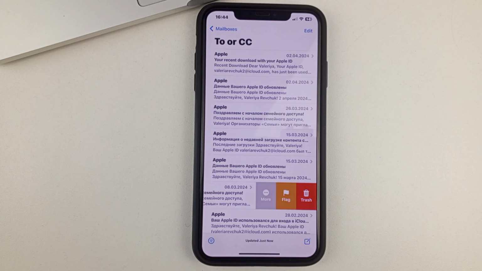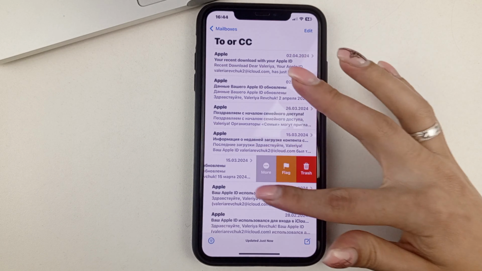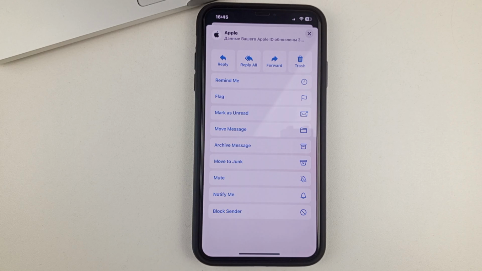You can delete them. For example, if you swipe to the left and you see the delete function, you can delete those messages immediately. Or if you also swipe to the left, click on More. You will see a menu of what you can do with these spam messages. Move them to a folder, as I said, delete them, send them somewhere. You can turn off notifications on them, or you can, for example, reply to spam messages.